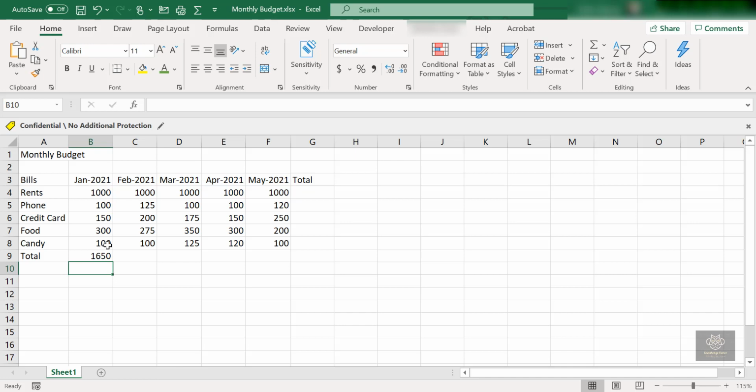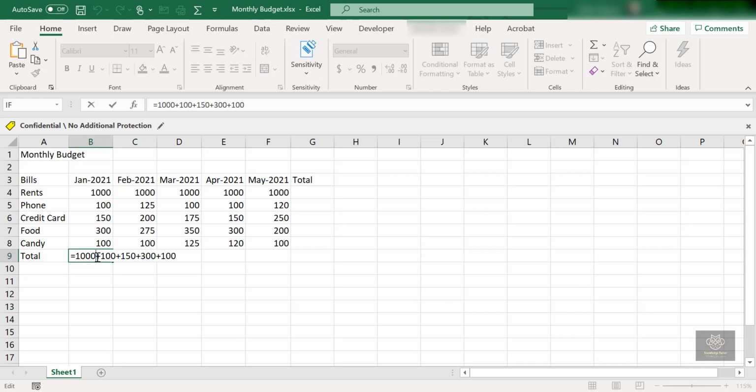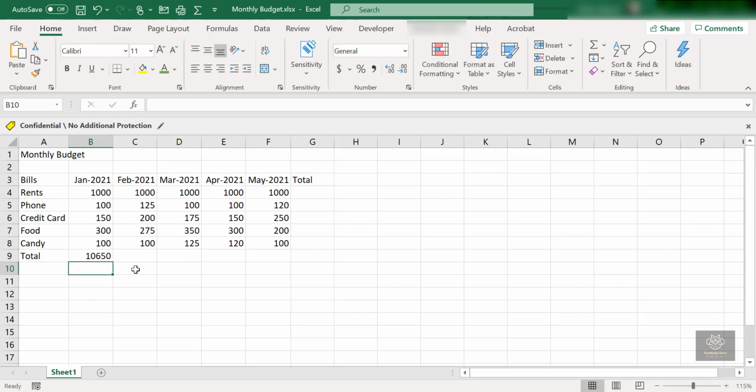What do you think? Now, some of you are thinking, well, that's a lot of work, right? I mean, if I double click here, that opens the formula back up. I typed out each of those numbers, right? What if I made a mistake? What if I put one too many zeros or I left one zero? If I hit enter key, it's 10,650.